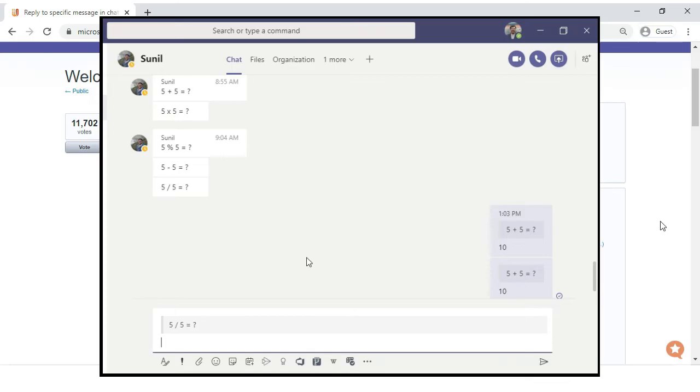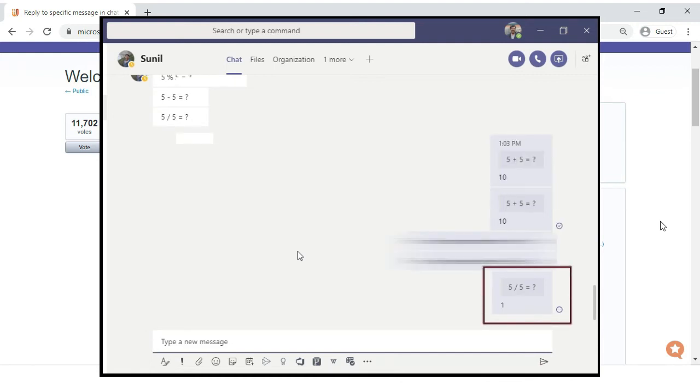Just finally I'll get the cursor into a place where I just need to type the response and hit enter to send it. So I'm just typing the response here and hitting enter. That's it, message is sent. Now let me explain how I have done this.